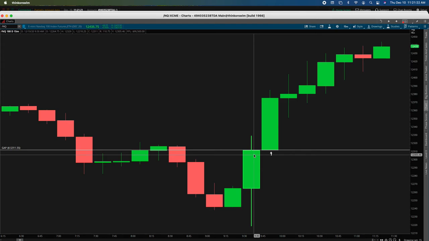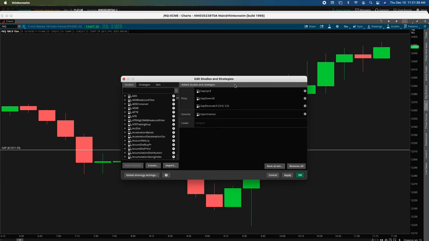And I'm hoping people learn, because a lot of these systems, and I went here to my studies and I added every study that has something to do with a gap. And none of those showed up. Not one of them showed up. I added all three of them to see if it would show up. I made sure none of them showed up whatsoever. See, that's a problem. That's a big problem.